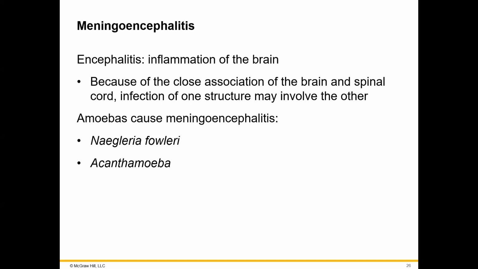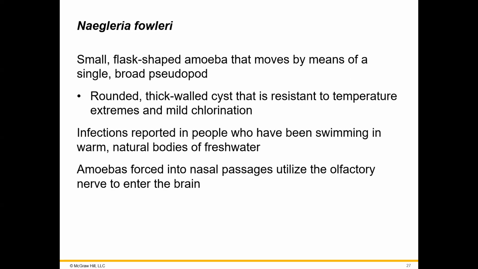It's also used for them to eat things up. And the two amoeba causes of meningoencephalitis are going to be Naegleria fowleri and Acanthamoeba. These are the brain-eating amoebas. The first one is Naegleria fowleri. It's flask-shaped. I'm not going to ask you about that on the test, but it is used for identification of